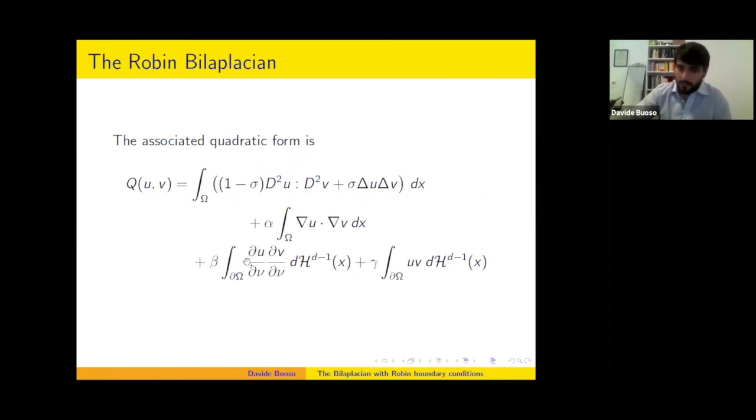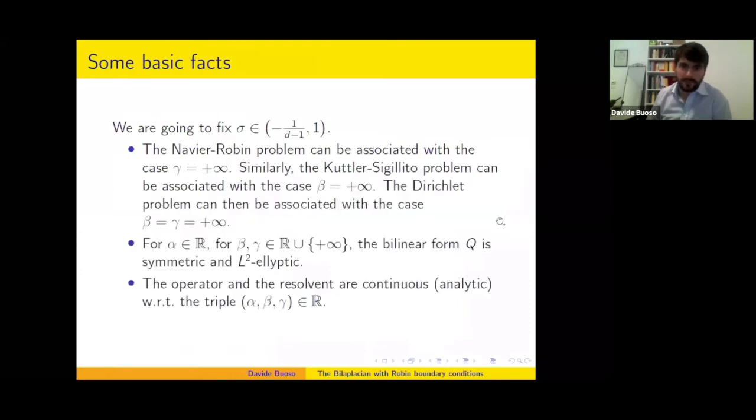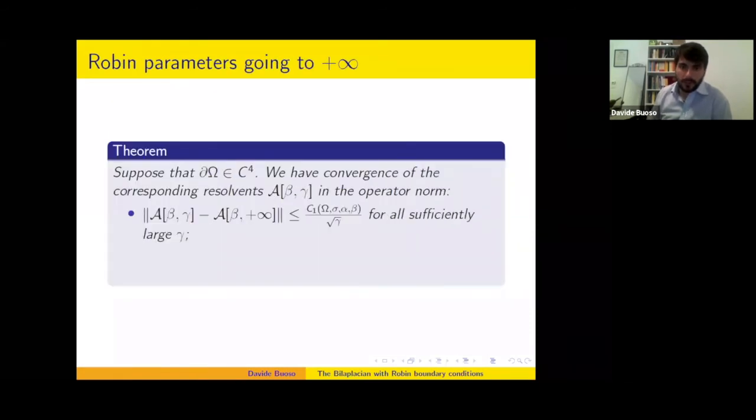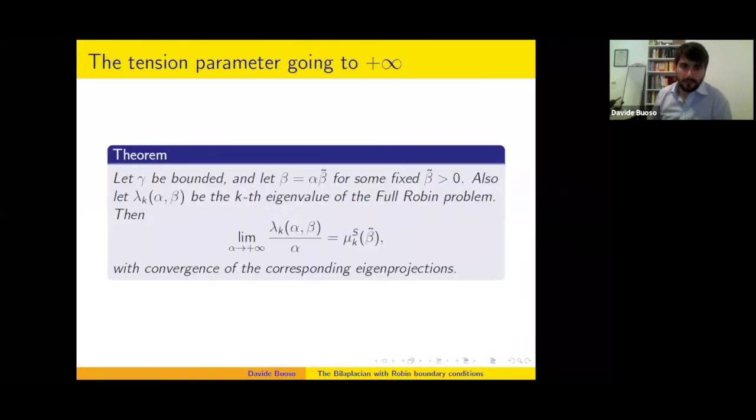Now, there is a problem though, because at the limit, we are falling into an H1 space. And say the normal derivative of an H1 function is not well defined in general, unless of course the function is not only H1. So in that case, you see, when you now fix gamma, and you let beta go to plus infinity in this way,